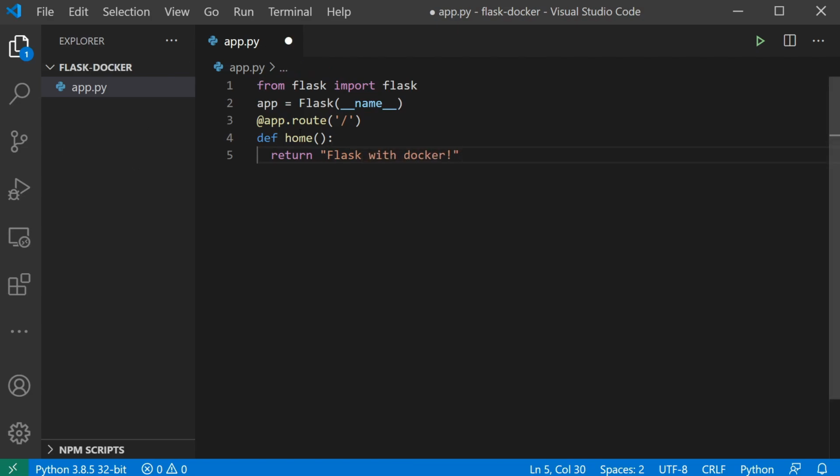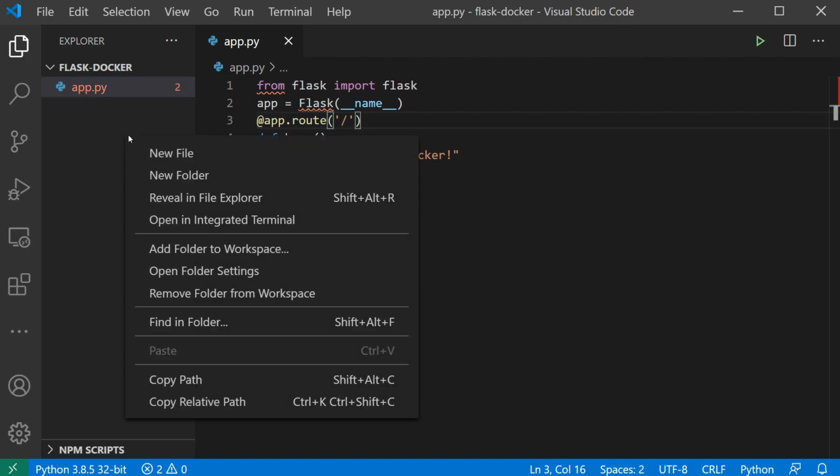So we've defined a single function called home, and we've specified a root for that function, which is just going to be the default or home endpoint. So if we save that,